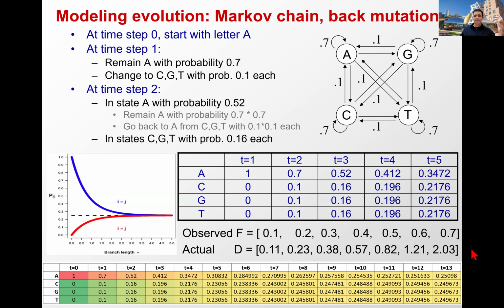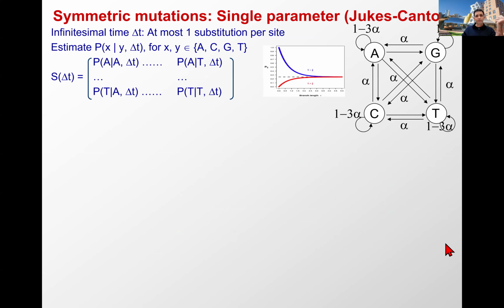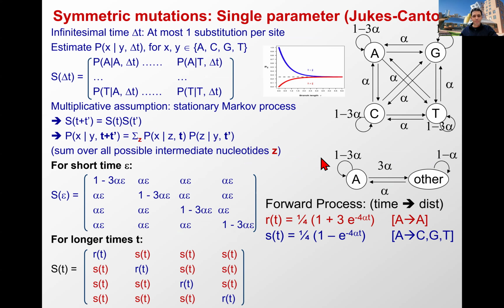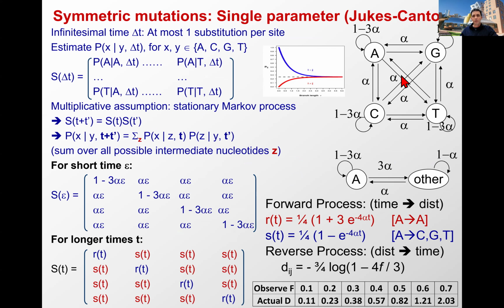Okay? So basically, at that point, you hopefully can see that as I go further and further, I asymptote towards 75% divergence. Sounds good? And that basically means that I need a way to correct. I need to basically say, okay, I never have the actual, I only observe mutations. And therefore, I need a way to correct from the observation to the actual number of mutations. And that involves simply taking that equation, expanding it out, and just saying, as I move further, my forward process is going to be that the number of